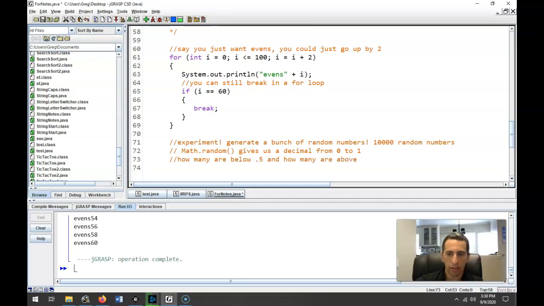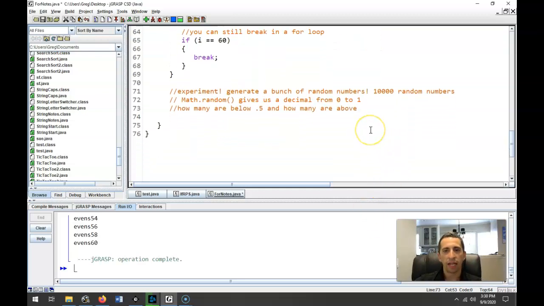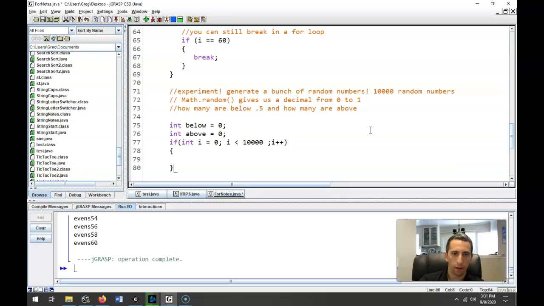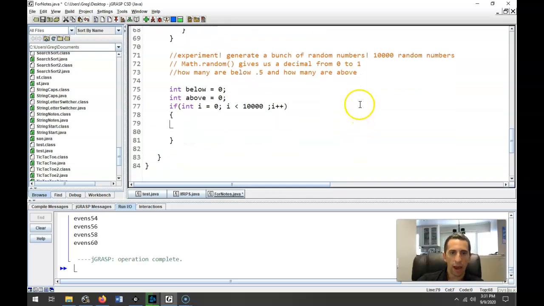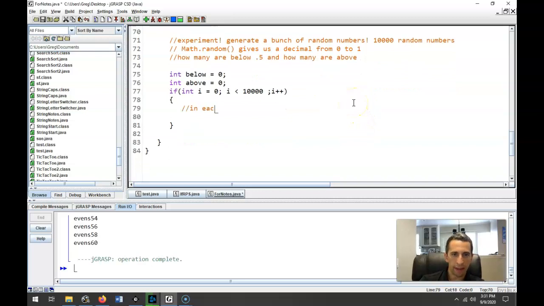So I'm going to run this code 10,000 times, but I need some variables to keep track of that. I'm going to have an int below set to 0, and an int above set to 0 as well. Okay, so I want to go through this 10,000 times. So I set my i to be 0, I do i is less than 10,000, and I'll just go up by 1 every time. So in each of my 10,000 trials,